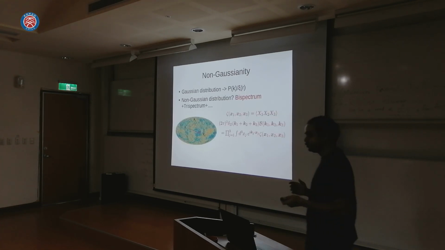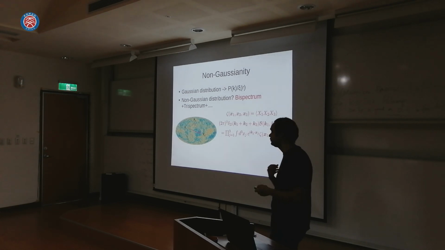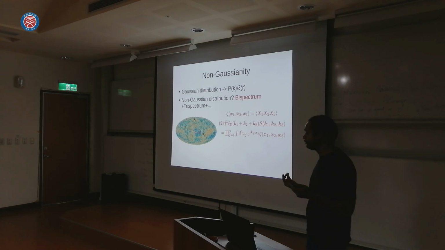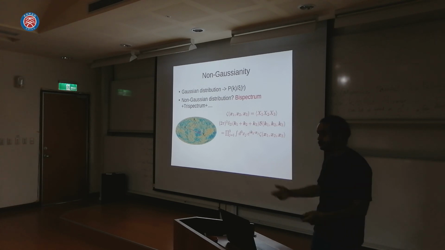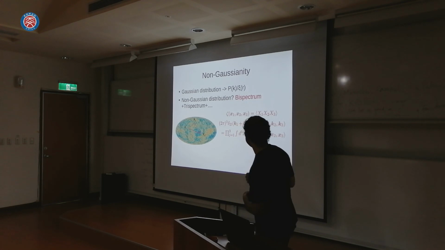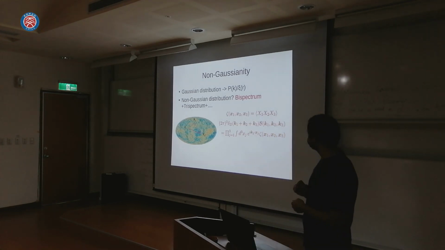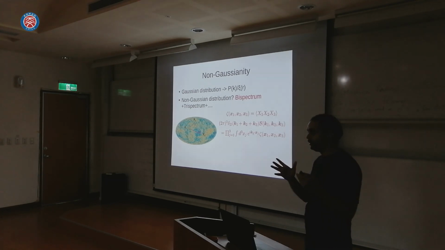For a Gaussian distribution, once again, we can characterize it using only two variables, the mean and the dispersion, or the power spectrum. But for a non-Gaussian distribution, we can have an infinite number of possibilities. The third moment, the skewness, the kurtosis, and all the higher order moments, any of them can be non-zero. So this is a bit of a non-trivial problem. Here I focus on just the first of this whole hierarchy, which is the bispectrum, or the 3-point function.